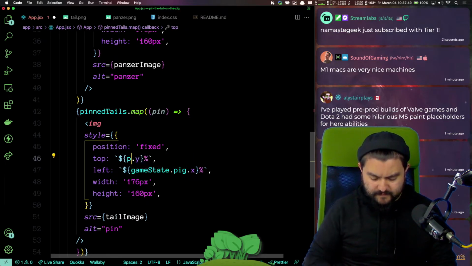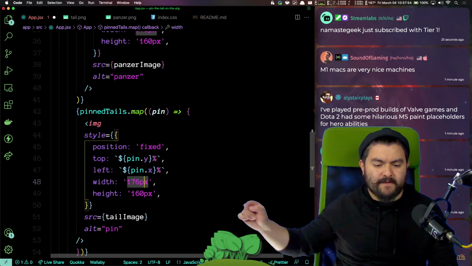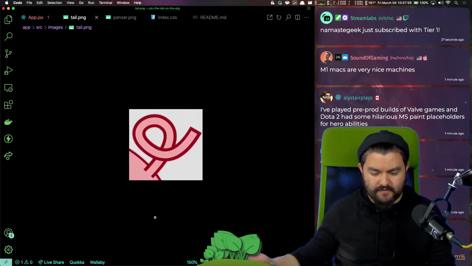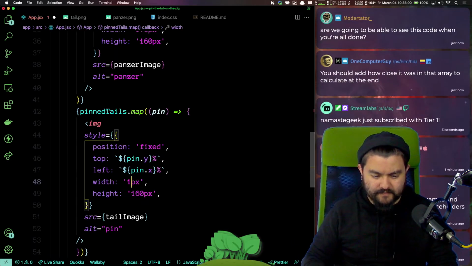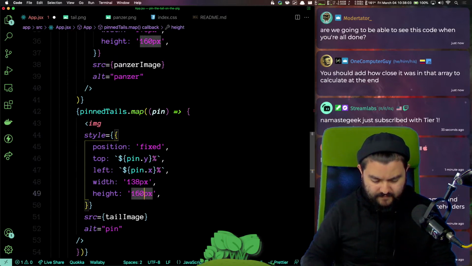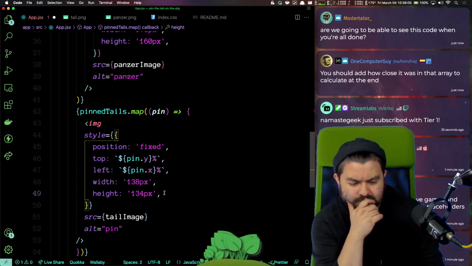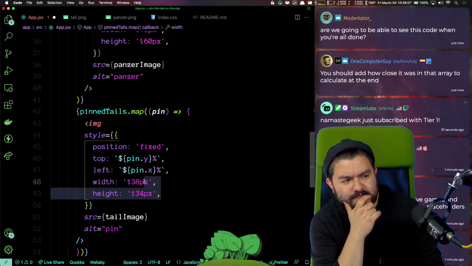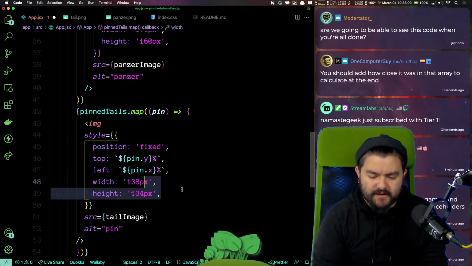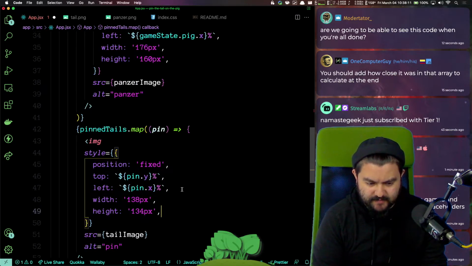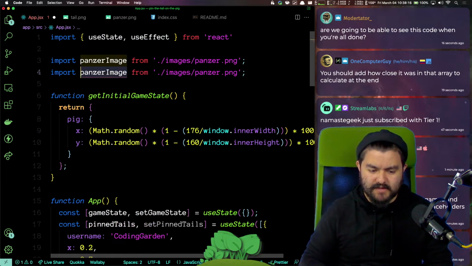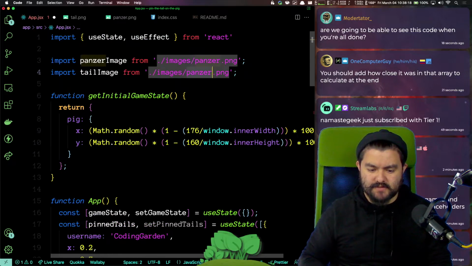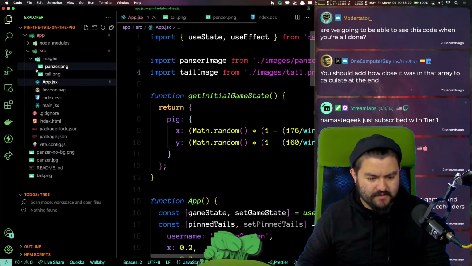We'll have the pin.y, pin.x, and then we need to figure out the width and the height of the tail, which is 138 by 134. We actually don't even need to specify this because it'll be automatic, but it's fine to leave it. And then we need to import it in. So we'll say the tail image is images tail.png, and it's there.